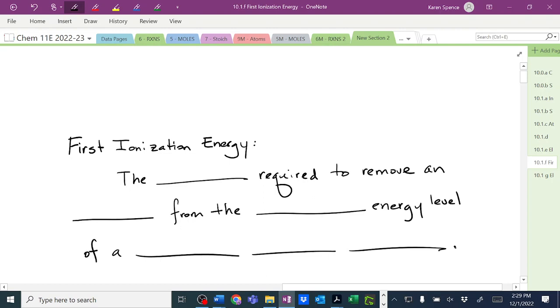Okay. It is the energy required to remove an electron from the highest energy level of a